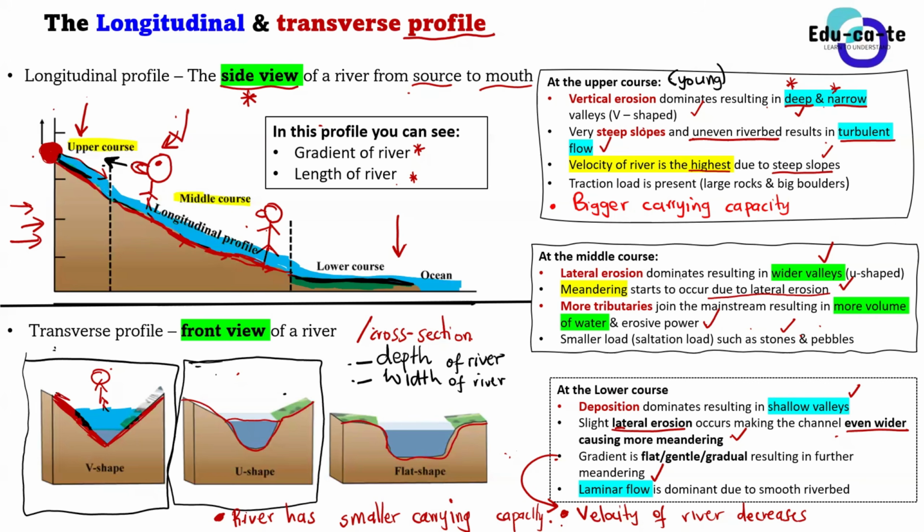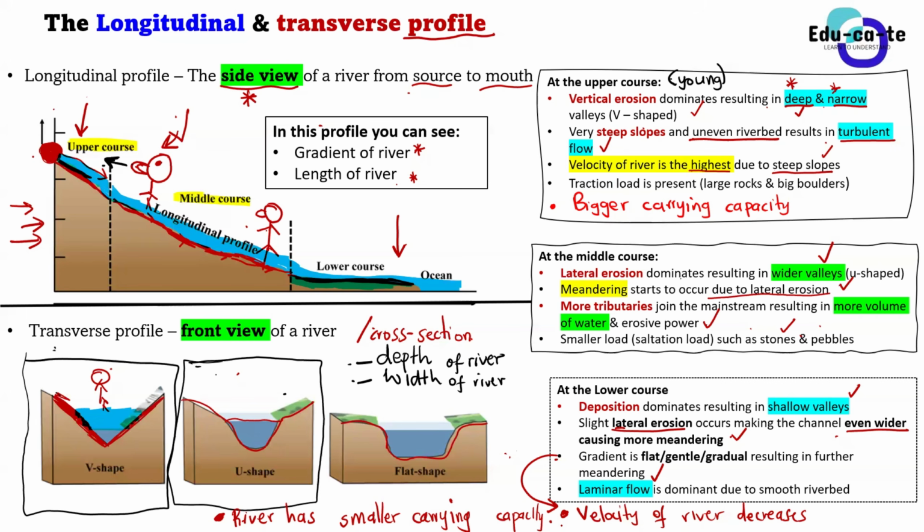Now, the carrying capacity of the river is smaller, or you can say it is lower. You guys will go and look for the appropriate term. So you can say it's low carrying capacity due to this velocity, right? Since the river is moving slowly, we're going to have a smaller carrying capacity. And if the river has a lower carrying capacity, it means that it cannot carry the eroded material anymore. So deposition will occur. 4 points, 2 marks each.